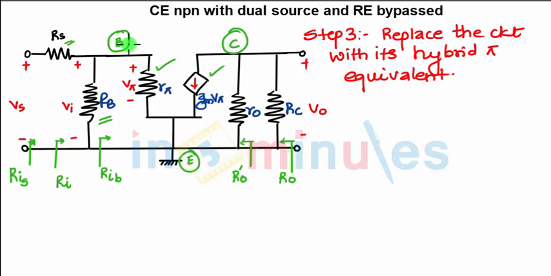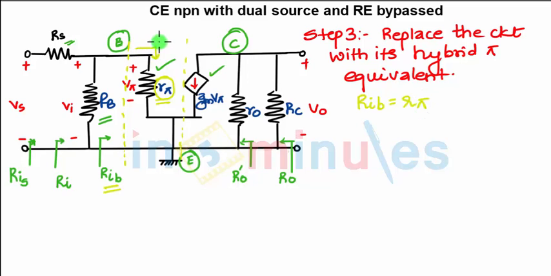Now if you look from this point, how much is the resistance seen, not considering the collector, because we are open circuiting the current source while finding the total resistance. So how much is the resistance seen from the base? You see only one resistance, R pi. So can I write RIB as only R pi? Yes, right. Even after derivation you will get the same thing.